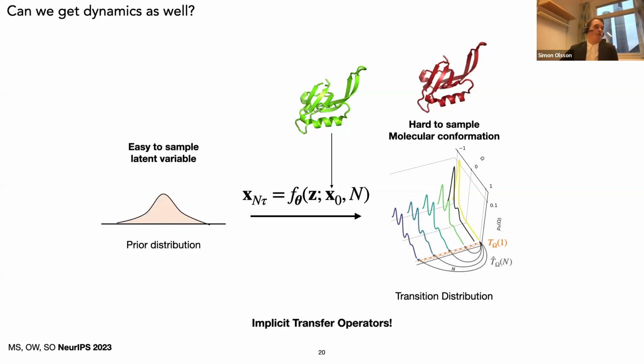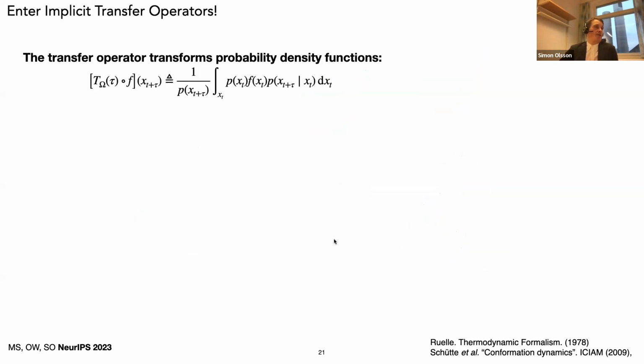And this is what we refer to as implicit transfer operators. The reason we call it that is because we can interpret the transition density that we are learning as a projection of the transfer operator onto two states. The transfer operator is a Markov operator that acts on probability densities and transports them forward